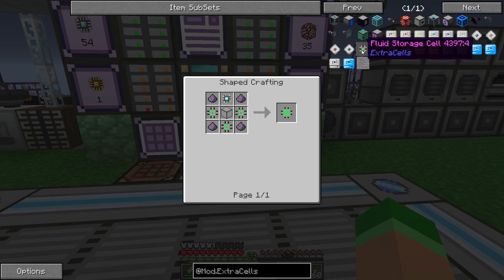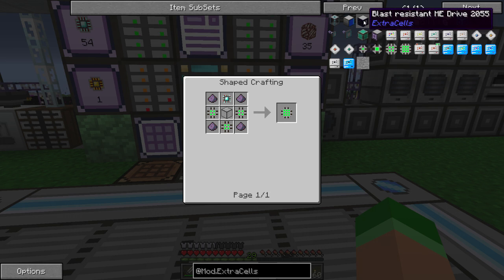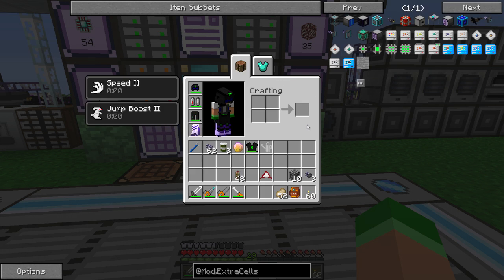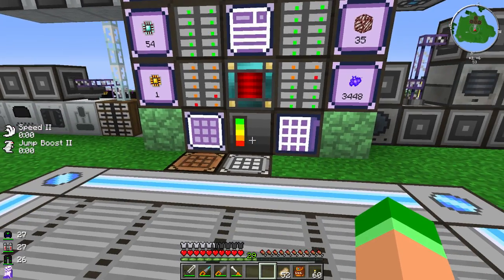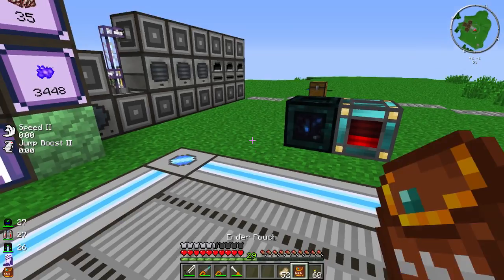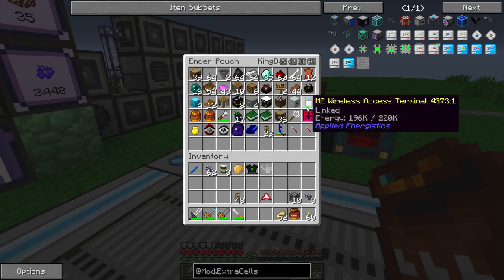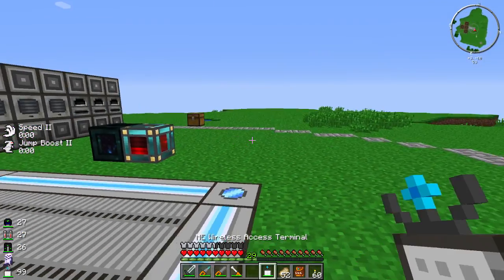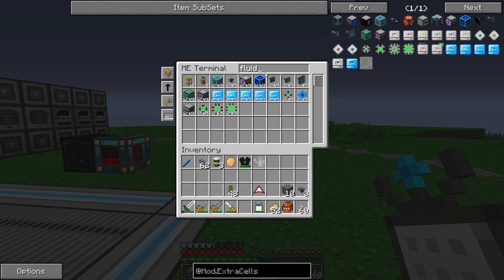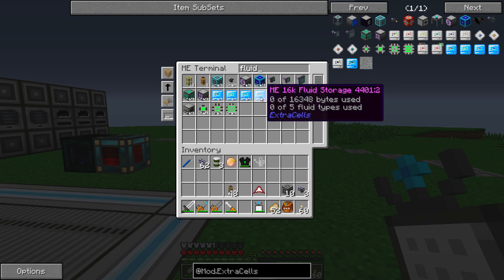So let's start with the small one, see how much it actually stores. Also, I came across this blast-resistant ME drive. That's pretty neat. You can take a normal ME drive, put obsidian around it, and I don't think we'd really have to worry about anything exploding. Ah, that's what I'm missing, my little remote. But, you know, it never hurts to plan ahead a little bit. All right, and then for the fluid drive...